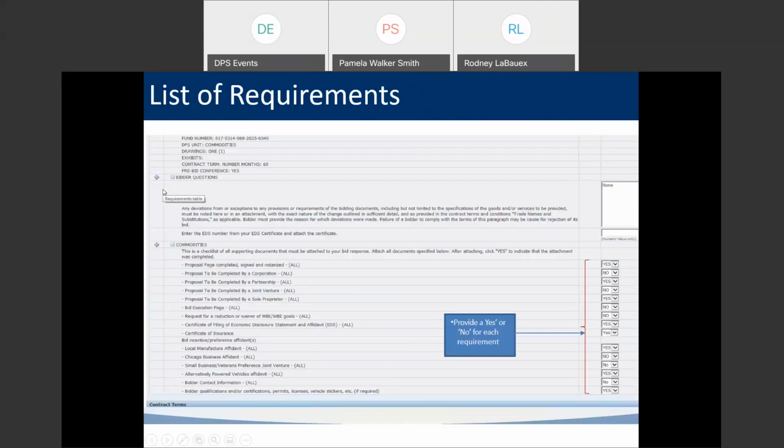The most important here are the white boxes that occur in the RFQ up under requirements. You must fill out every box. No box can be blank. Now, remember I said for registering